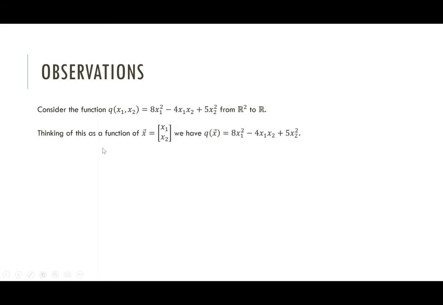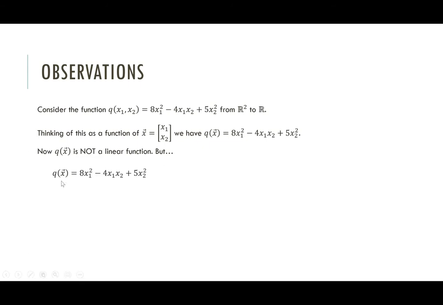Now, because we're in linear algebra, we'll think of this pair x1, x2 as a vector. And then we can think of q as being a function where the input is a vector and the output is a scalar. Now, let's be clear. q is not a linear function of this vector. I mean, we've got these squares here, so definitely not a linear function. But